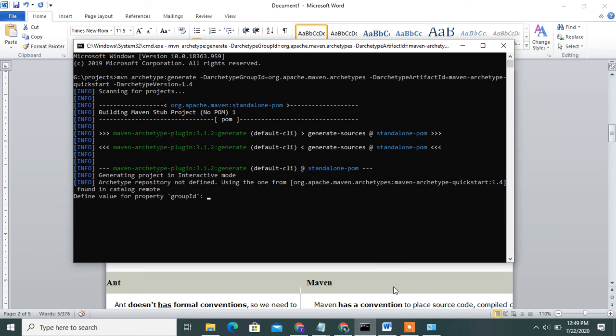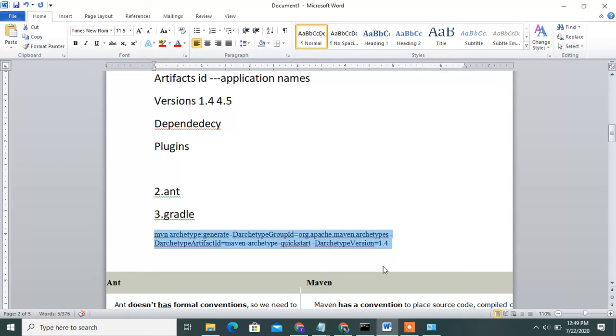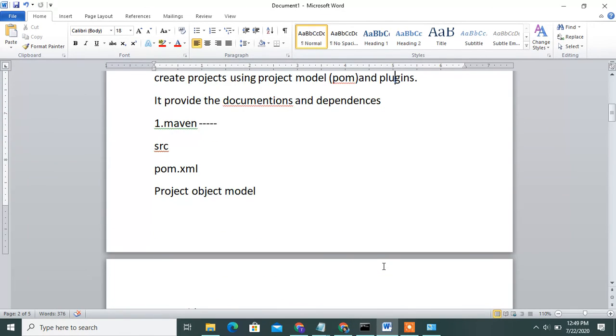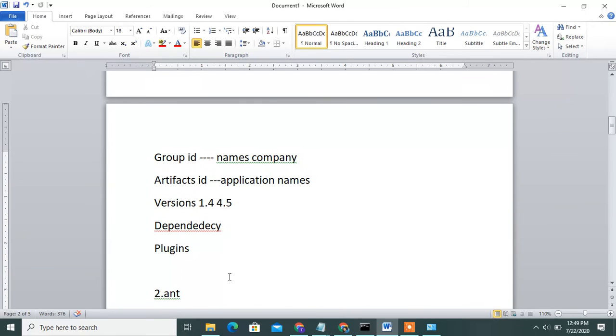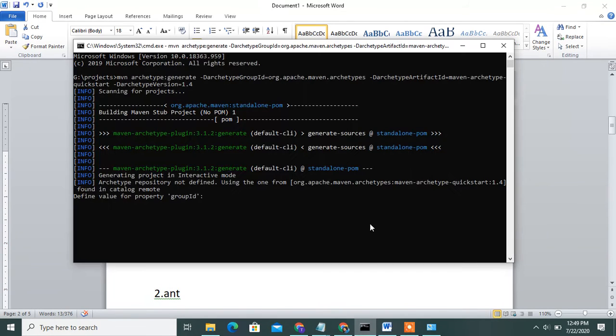Once again, remember the dependencies: group id, artifact id, and version. Then you can mention them. Group id means your company name; I will mention it as Bangalore.